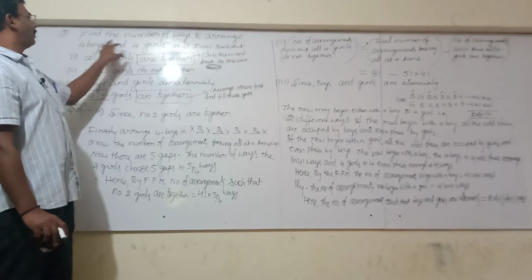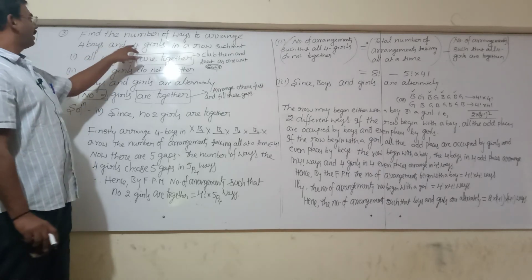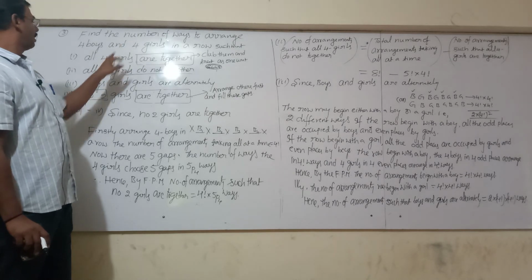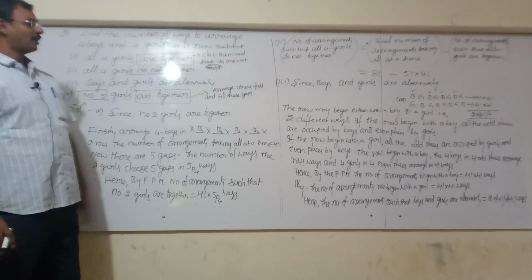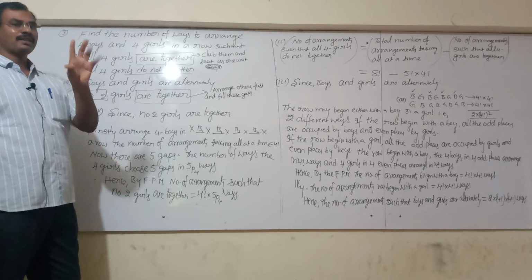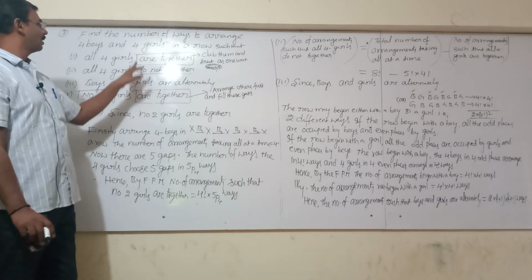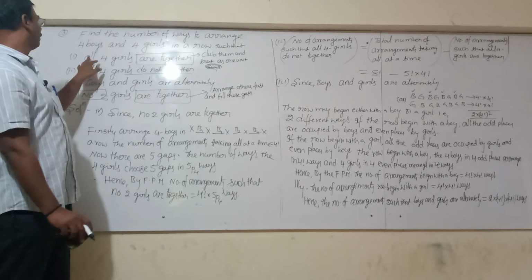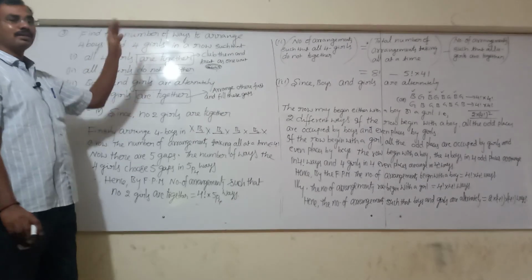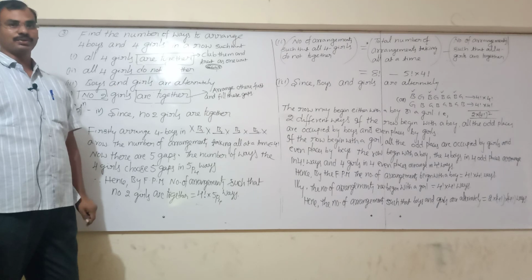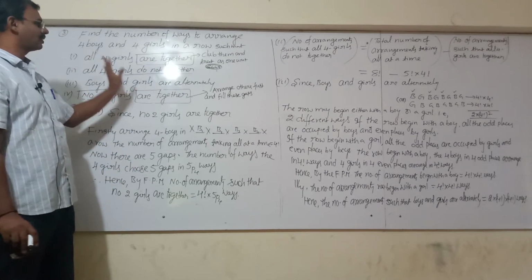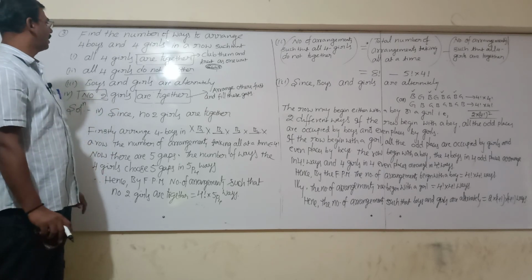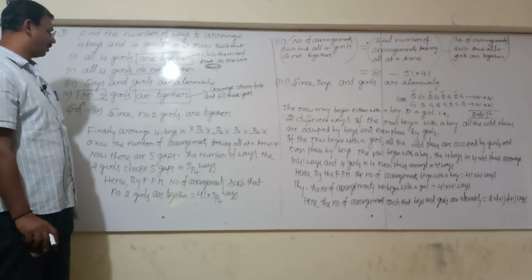It depends on the number. If I increase the number to 5 girls, and boys and girls sit alternately, only one arrangement is possible. Why? Because girls are more, so you must start with a girl only. If you increase by one more, we cannot arrange that; it's not possible. Questions like these are asked in exams. So practice this problem today and you can understand more. Once again, you have to practice this one.